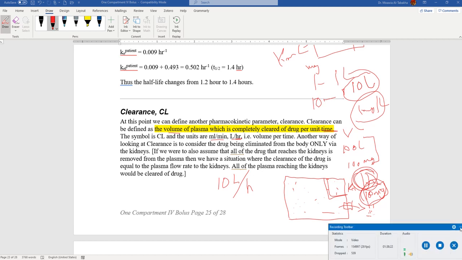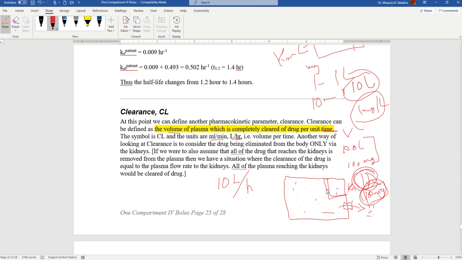Okay, so you can see that it's easy to visualize what is happening in terms of clearance when we say 10 liters per hour. It means every hour 10 liters gets completely cleared. Okay,